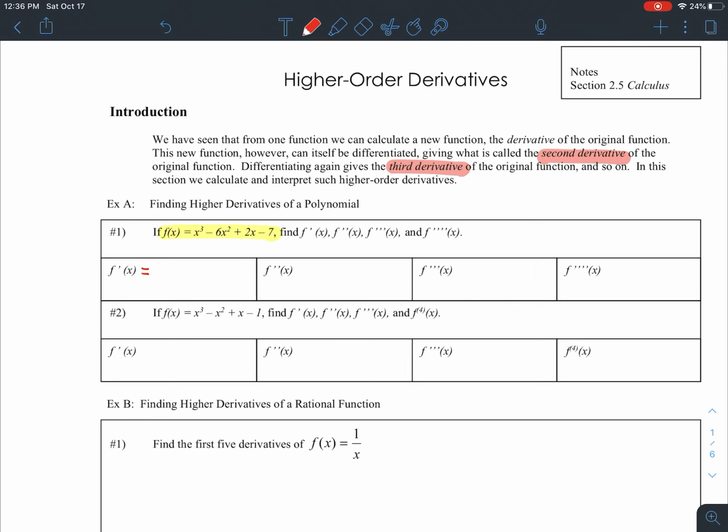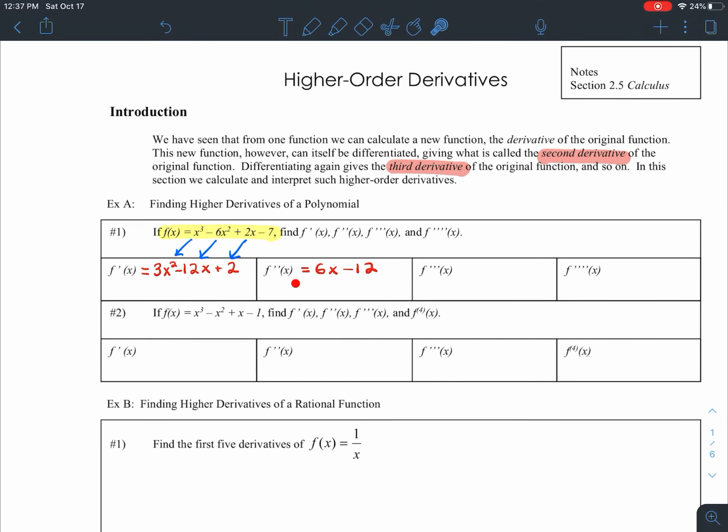Okay, so if we were to ask what is the first derivative of that original function, you guys are all really comfortable and do a really good job with what we call the power rule. Keep in mind that this minus 7 would just zero out. There I was just taking the derivative of each of those terms separately. Now if I'm going to do the second derivative, I'm looking at the first derivative and taking the derivative of this. So my second derivative would be 6x minus 12,